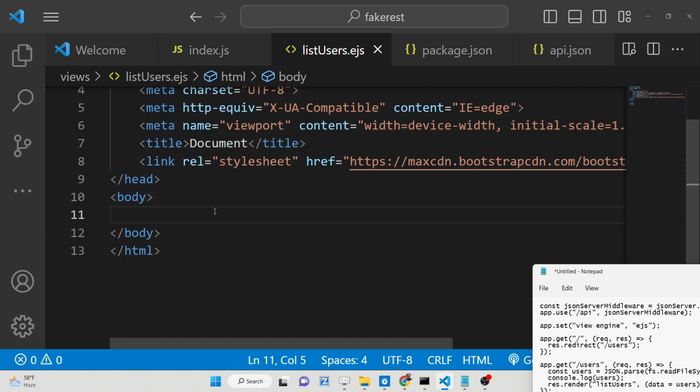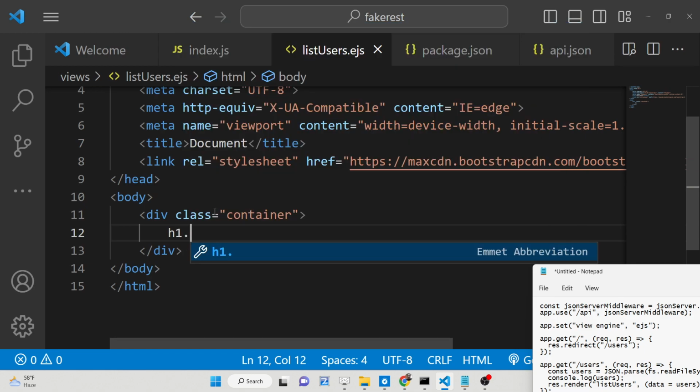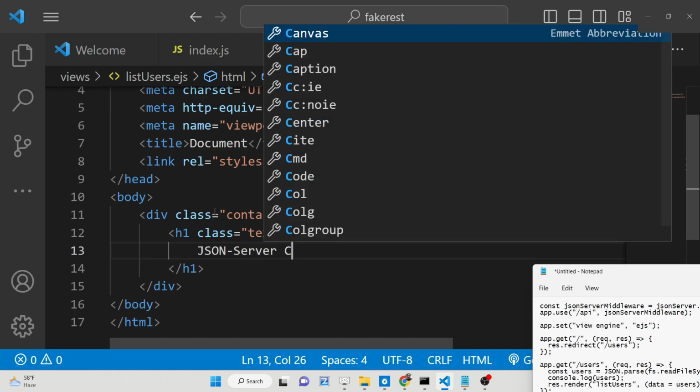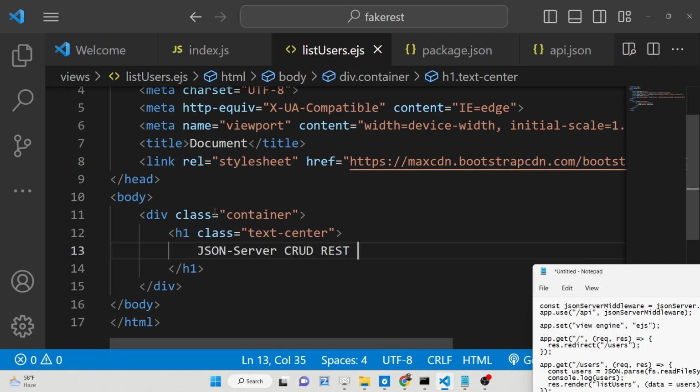And right here, guys, we will basically have a simple container class of bootstrap, and here we will simply have a heading which is JSON server CRUD REST API in Express,